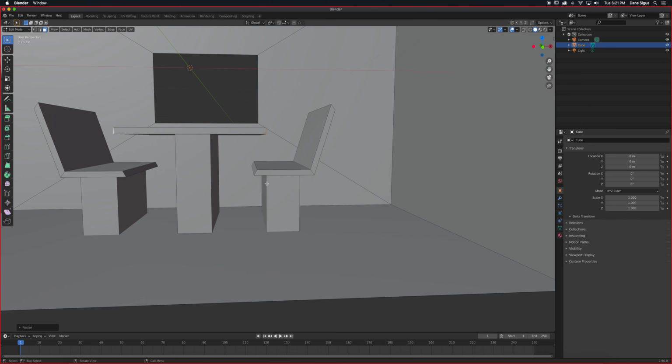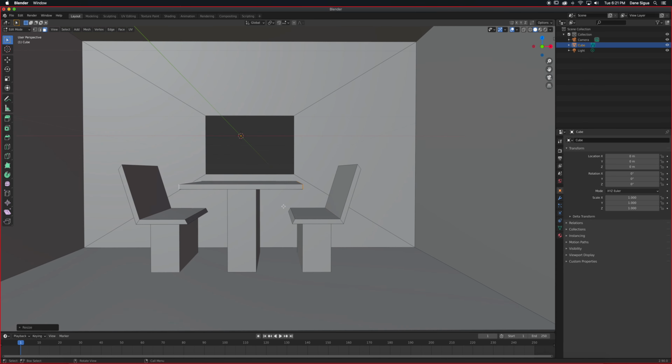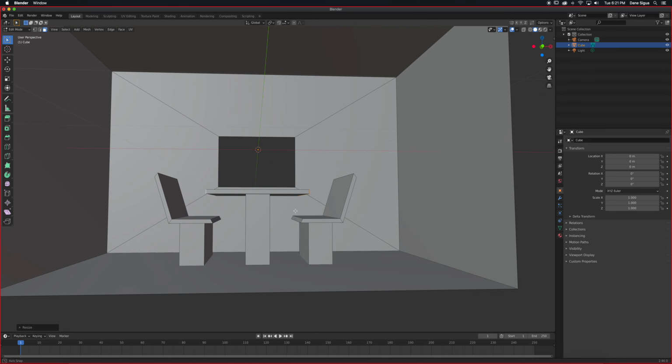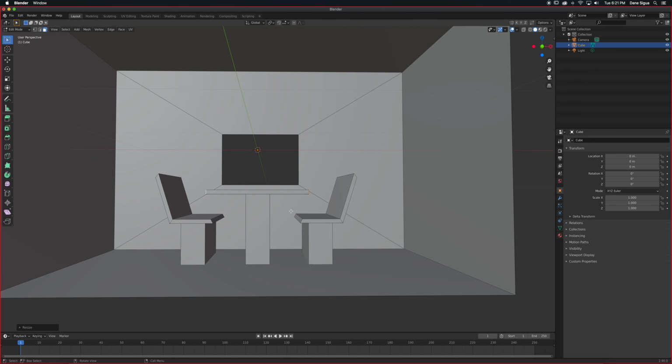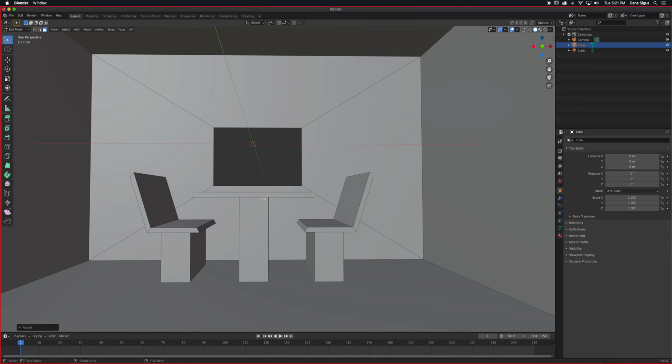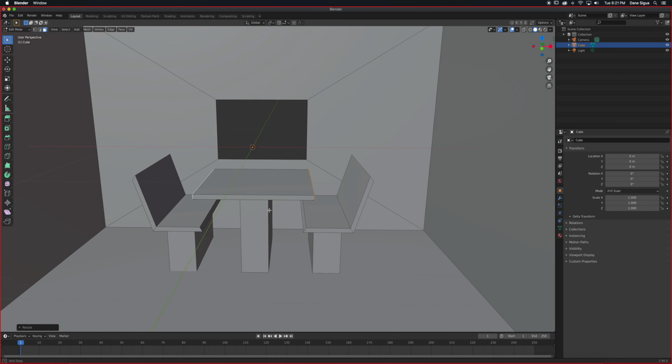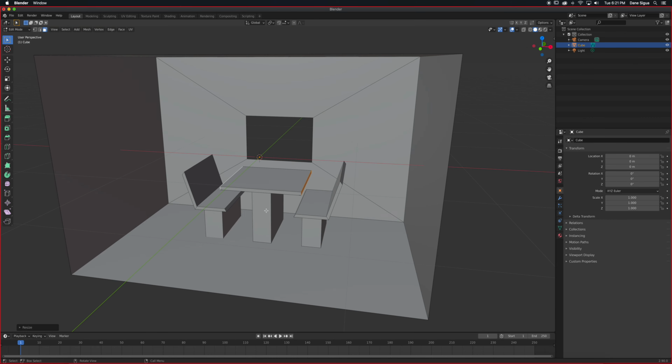Alright, so something like this, where you would typically just need this, and then you'll have your 2D characters right here sitting down and talking to each other. Then you will have to worry about perspective, and where your vanishing point is, where your horizon line is, so on and so forth. Or you can easily create some really simple geometry like this as your starting point for your background.